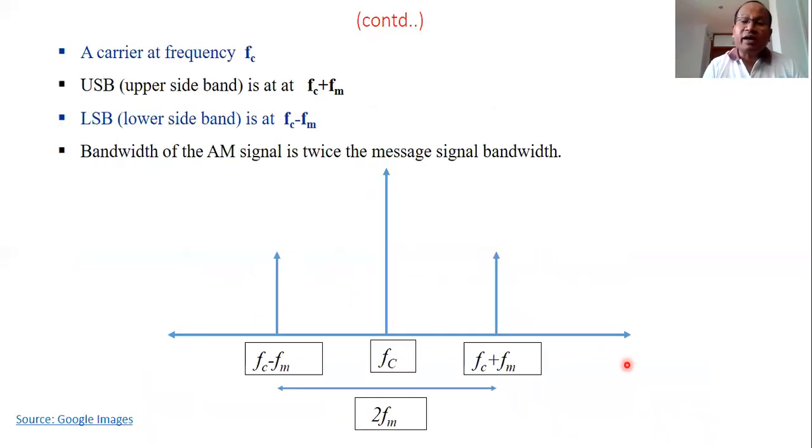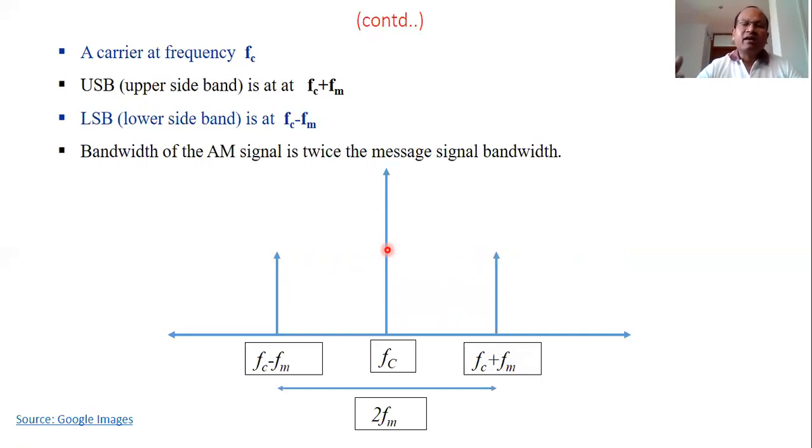Now, what is the spectrum? As I told you, see here the frequency spectrum. At carrier frequency, what is the term here? There is a term, amplitude. We are talking about the amplitude spectrum. Frequency spectrum can be drawn for different values. We can draw a power spectrum. What is the definition of power spectrum? Power versus frequency.